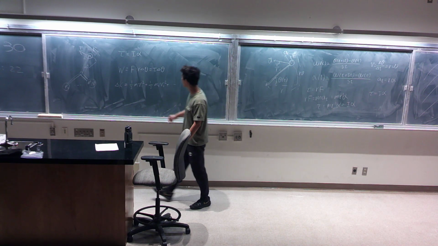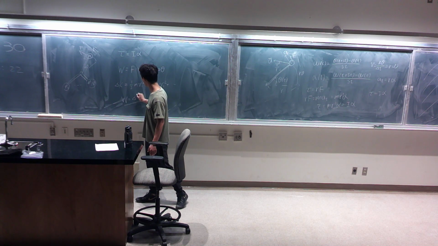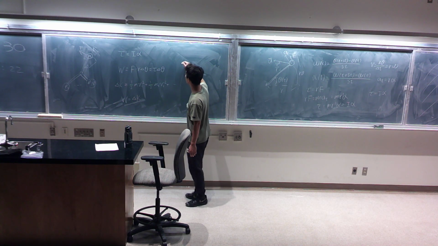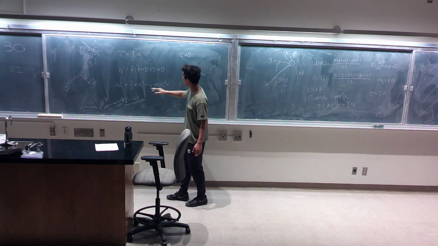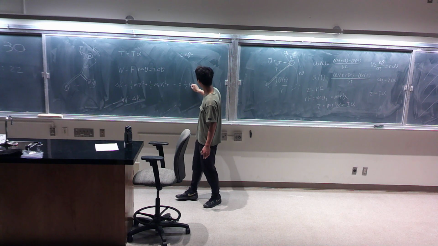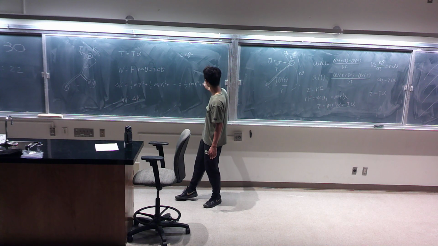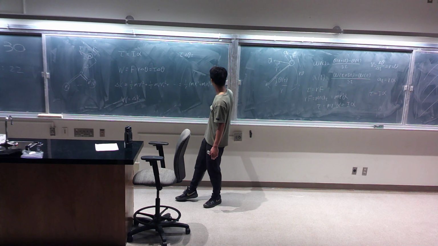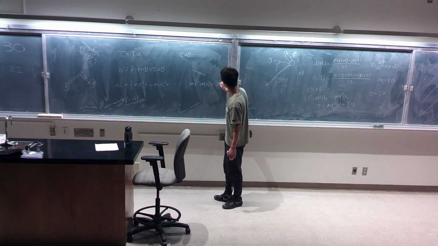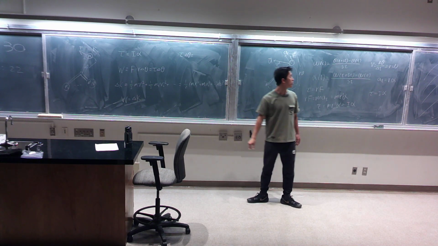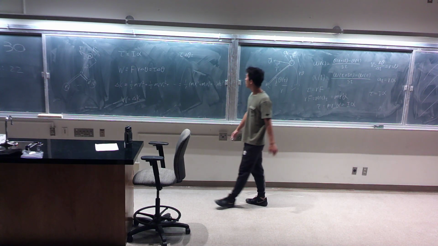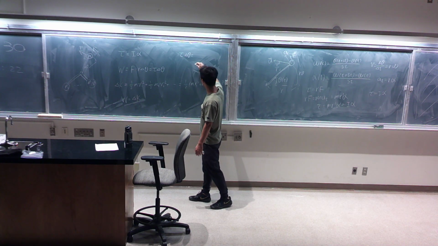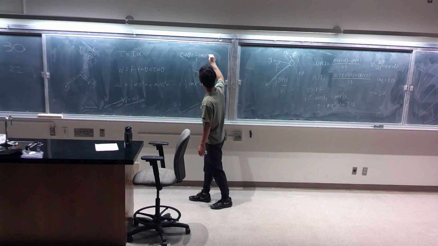So since the work should go into kinetic energy, you get that the torque times the change of angle will be 1/2 (m1 r1 squared plus m2 r2 squared...) times the angular velocity squared, where I use the formula here. So this work should go into 1/2 the sum of them